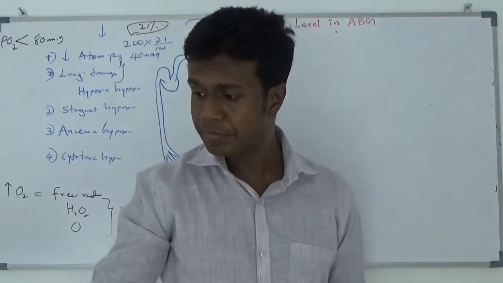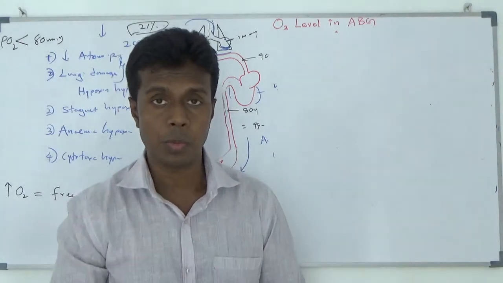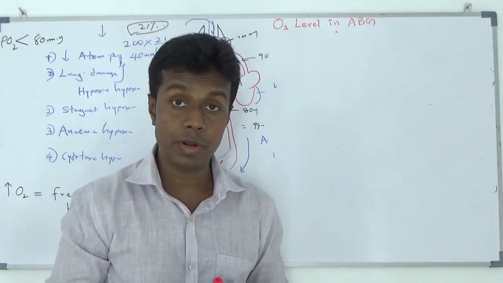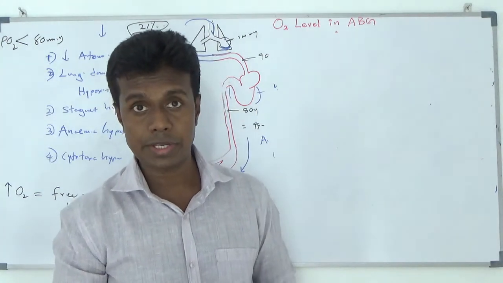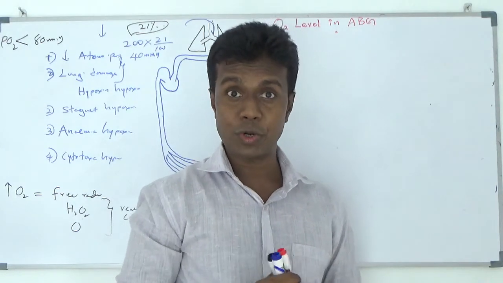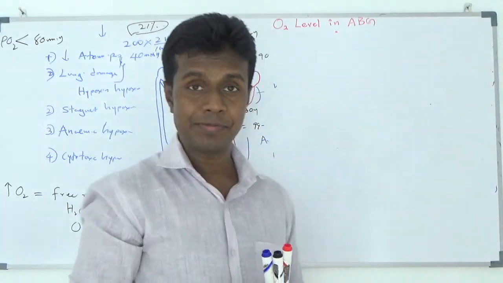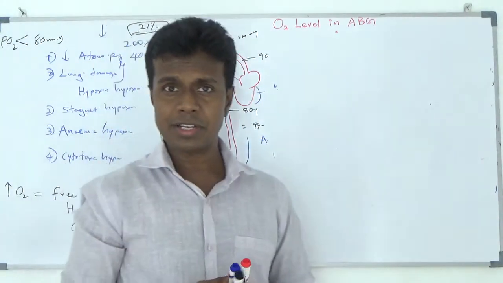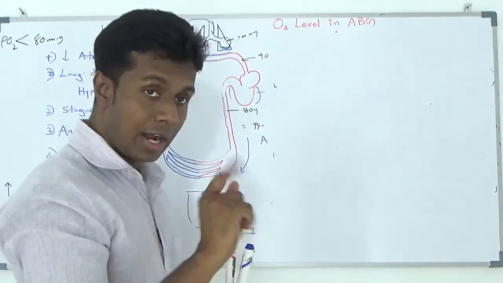Most of the time, when you are anesthetizing a patient during the surgery, most consultant anesthetists will prefer to have venous blood gas rather than arterial blood gas. You know why? One thing is, no need to puncture the artery. You can take it from the CVP line easily. Puncturing the artery also doesn't matter, the patient is under anesthesia. I will tell why.